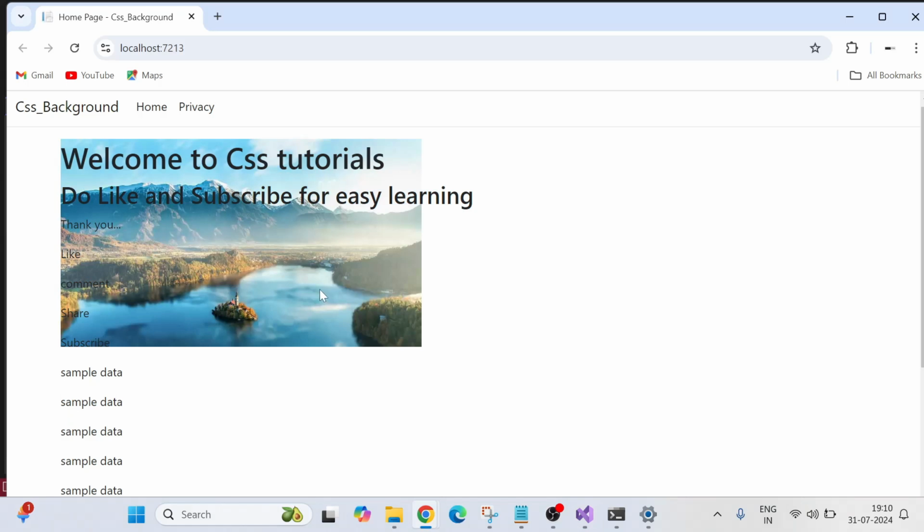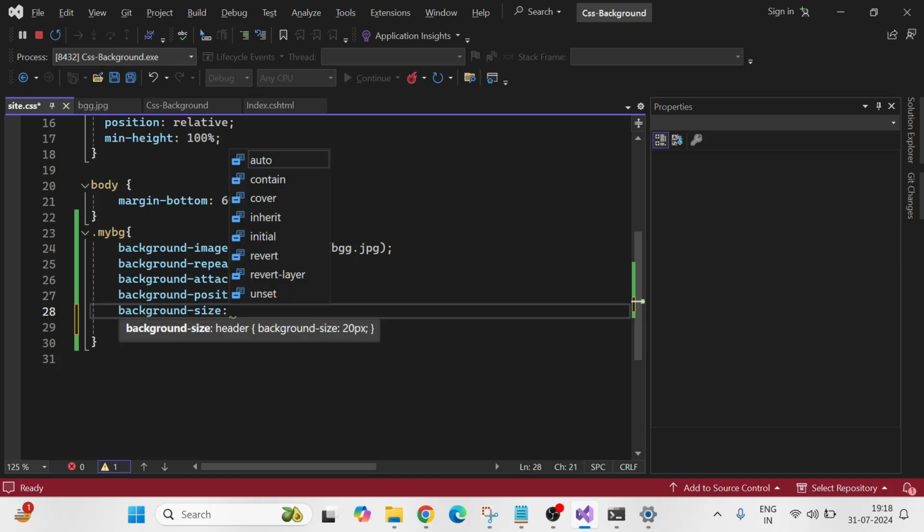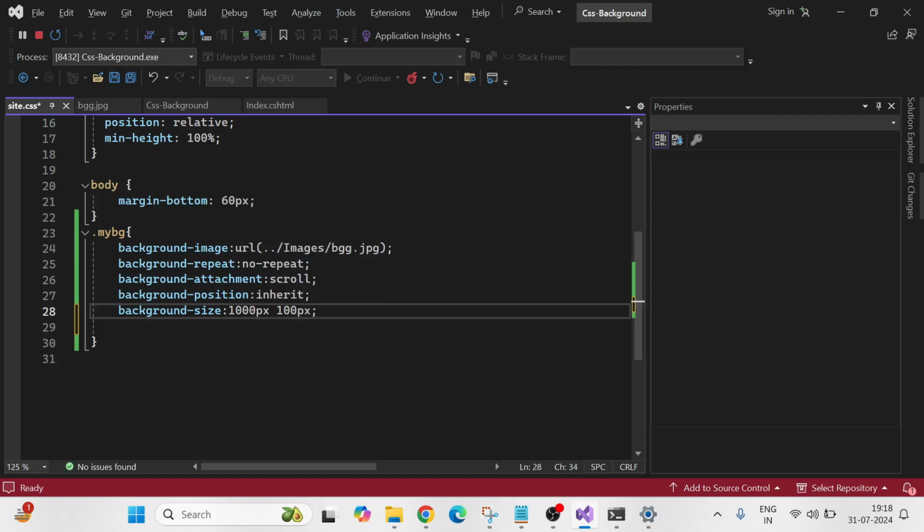So the image is 500 pixels. Now I want a background size of 1000 pixels, and height also 1000 pixels. So we can adjust width and height by using background-size, control S, save this and check